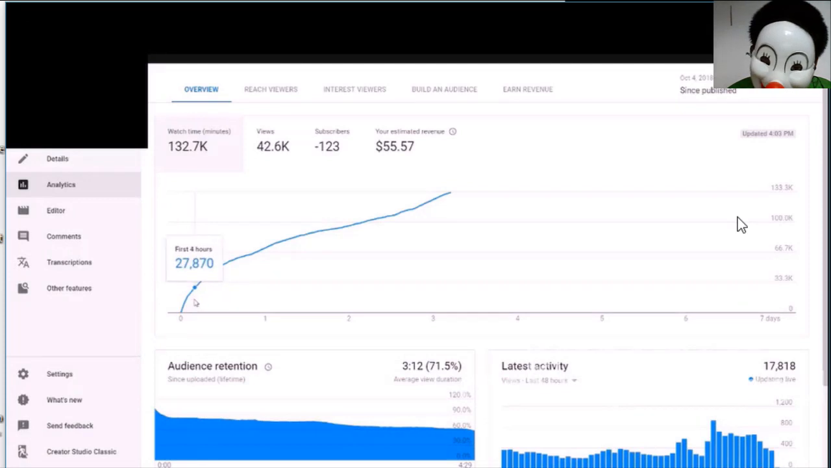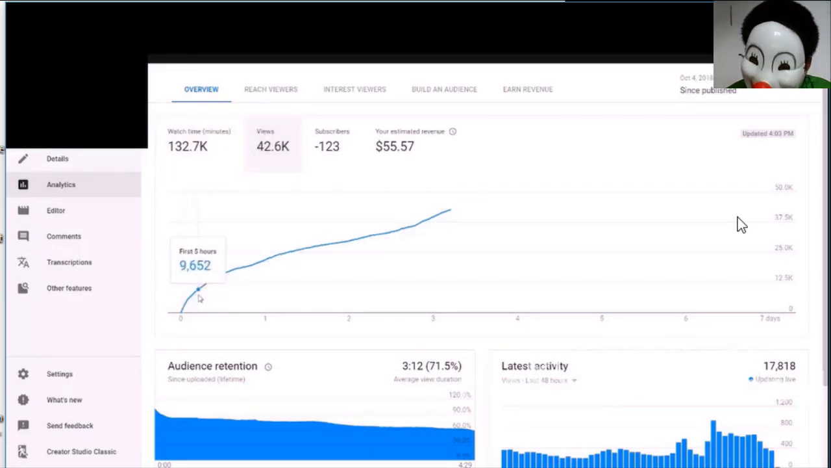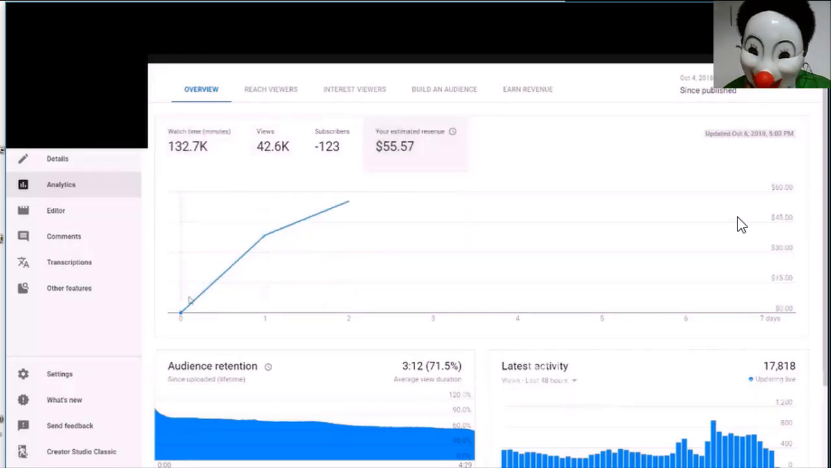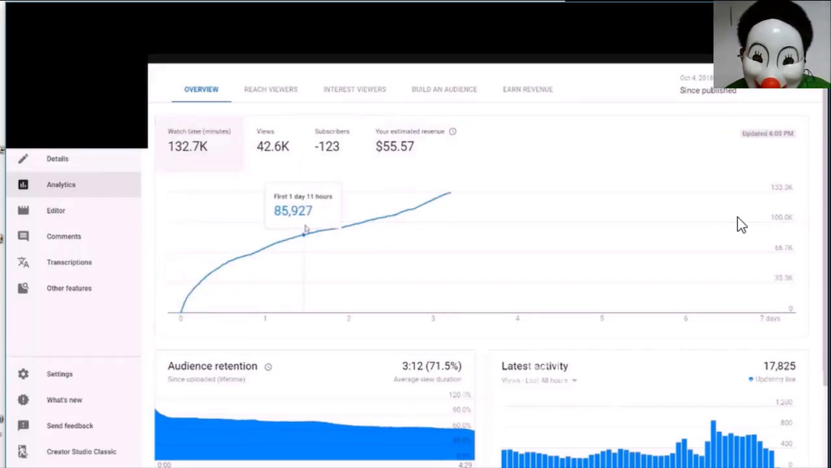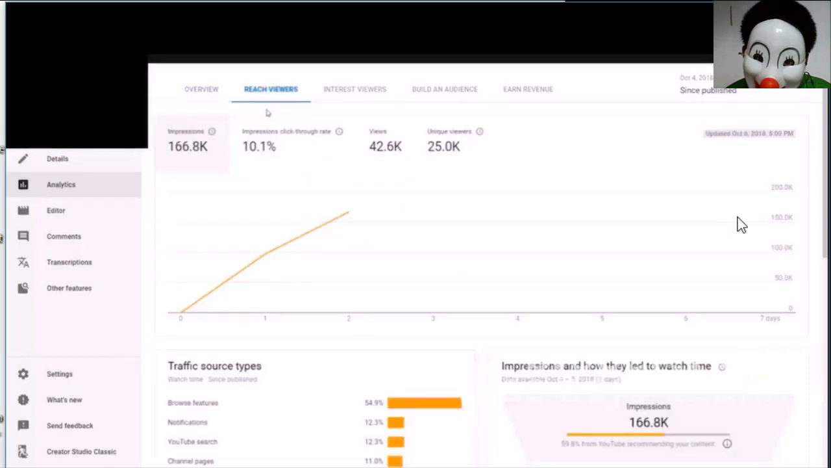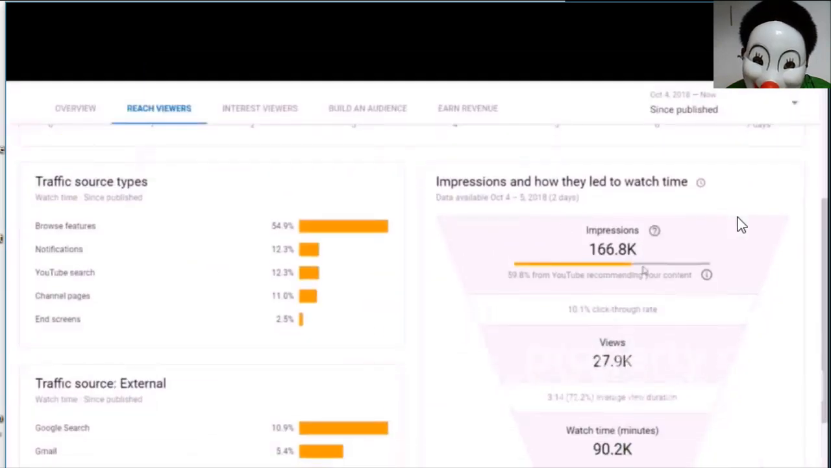Because you can actually see the first couple hours, how much watch time and how many views the video got within the first couple hours, and how many it's been getting since then. And you can also see revenue too, but revenue just shows per day. So as I was saying, to actually see the click-through rate, we want to click this reach viewers button right here, and then we can scroll down, and as you can see right here, I really like this upside down